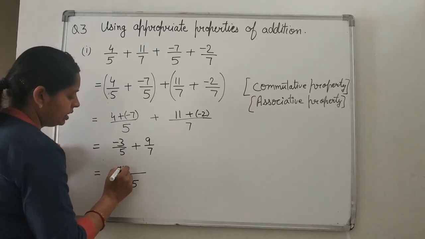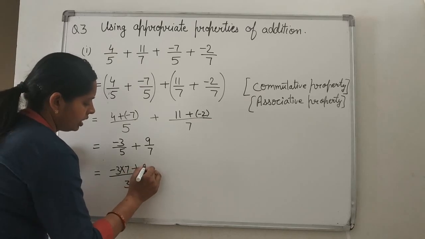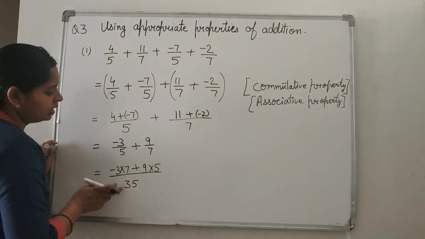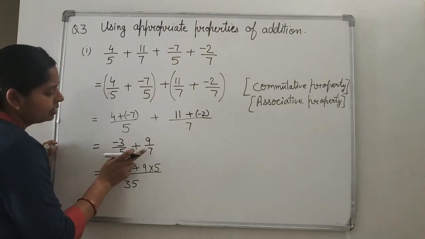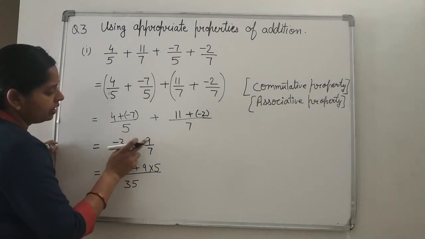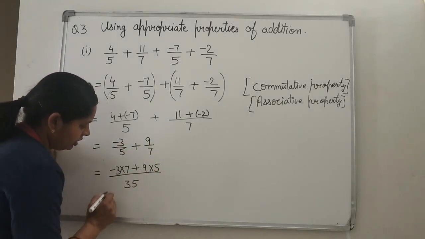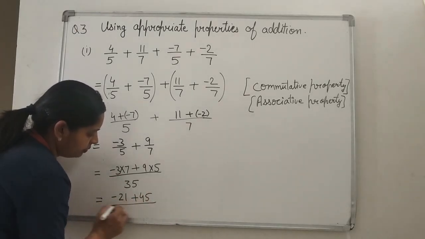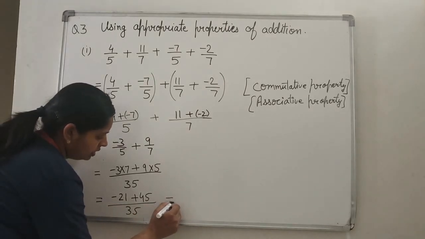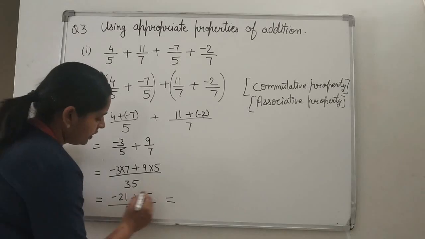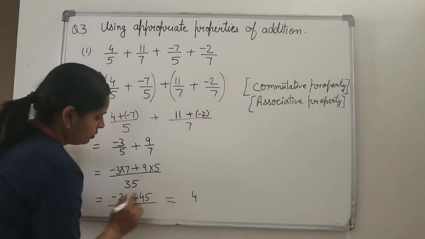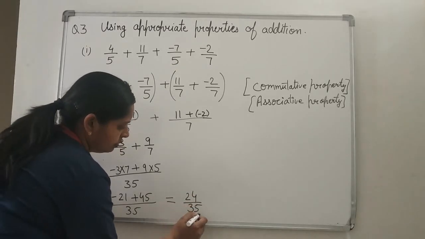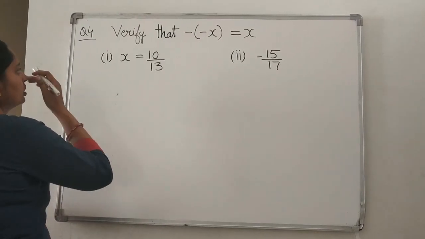Minus 3 multiplied by 7 and 9 is multiplied by 5. Because 5 times 7 is 35, so we have multiplied 7 here, and 7 times 5 is 35, so we have multiplied here 5. So what we are getting here? 7 times 3 is 21 plus 9 times 5 is 45 upon 35. When you will solve this, 45 minus 21 will give you how much? 5 minus 1 is 4 and 4 minus 2 is 2, upon 35. And this will be your answer. Yes. Now to the next question.